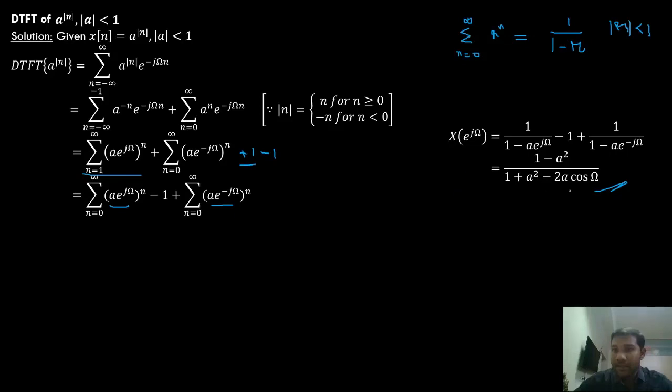So if you look at this equation, this is a real term. This is a real term. So there is no imaginary term in my DTFT of a power mod n. Right? There is no imaginary term. So my magnitude spectrum will be equals to,